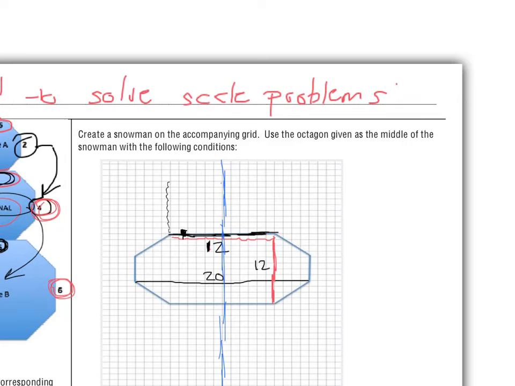So I have one point down here, one point down here at 4.5, one point up here at 4.5, and another point up here at 4.5. And so this would be the top of the head and the bottom of the neck. And the width is supposed to be 16, which means out at this, it's supposed to be a total of 8